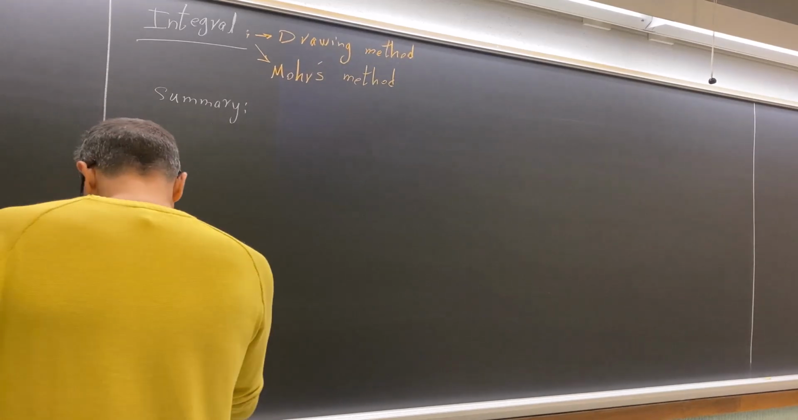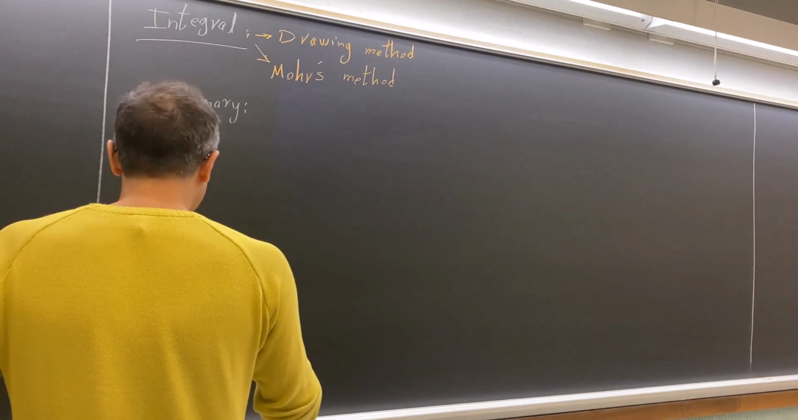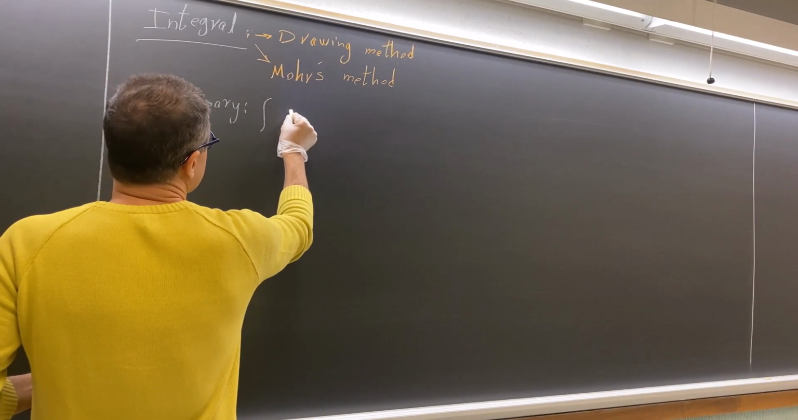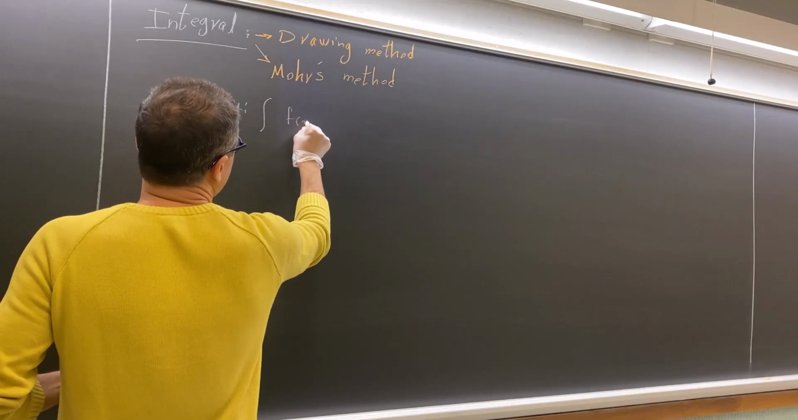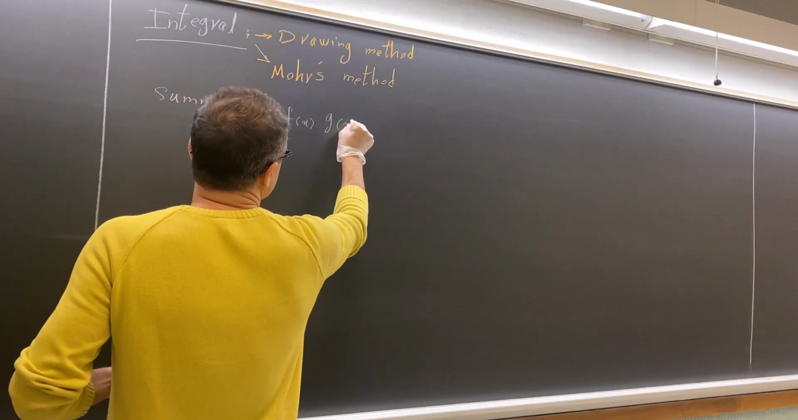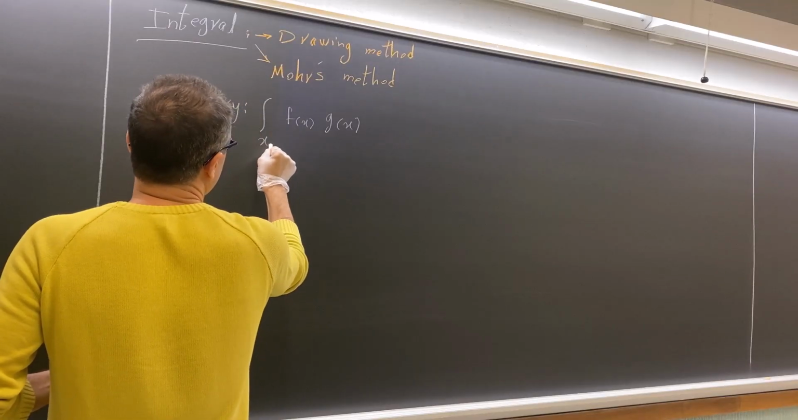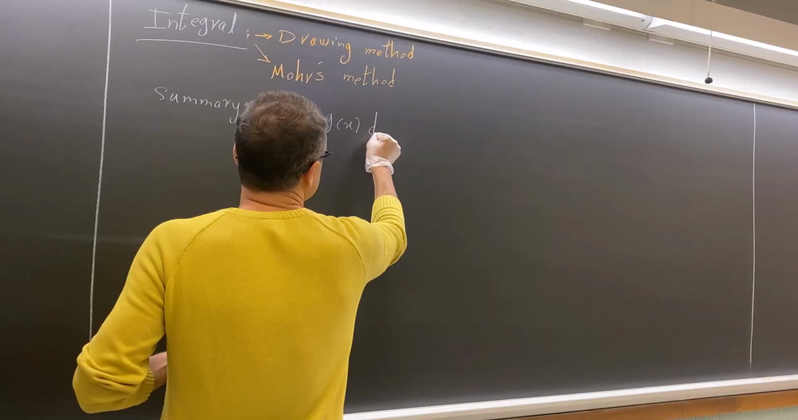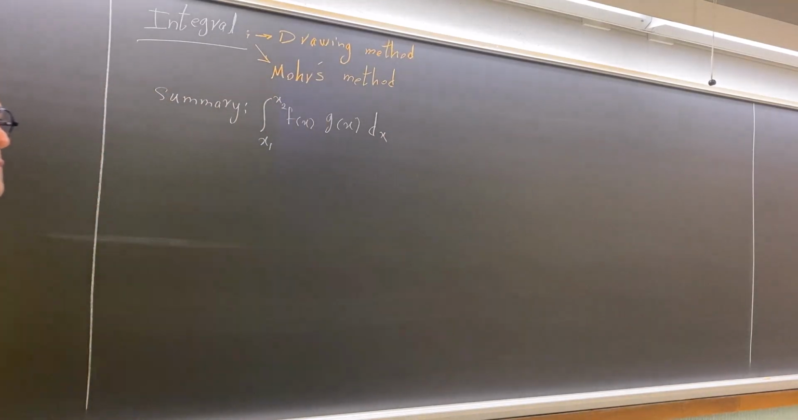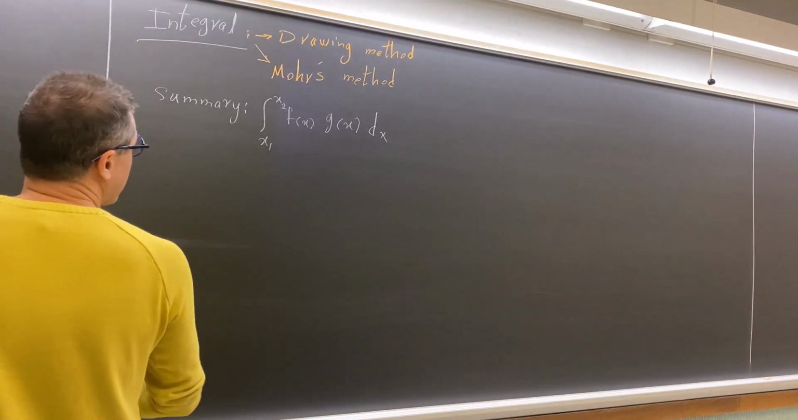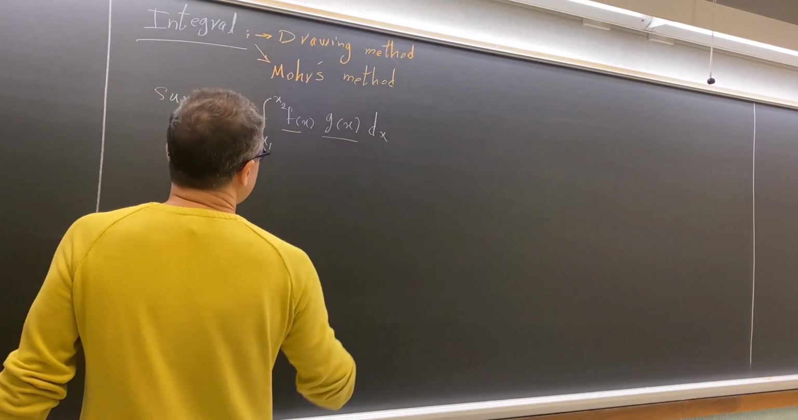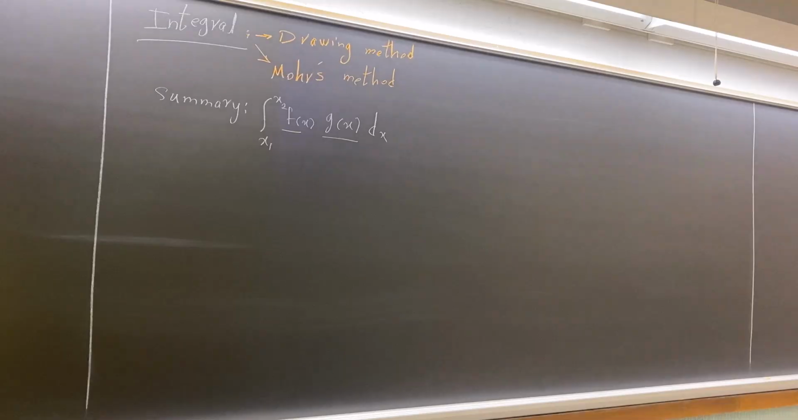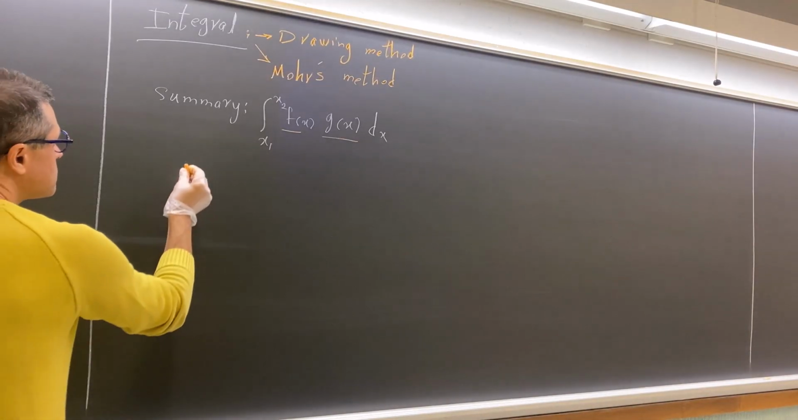We are going to evaluate an integral which is the multiplication of two functions, f(x) and g(x), from lower limit x1 to upper limit x2. So this is our target. So we have two functions, one of them is f(x), the other one is g(x), and we are going to integrate it. There is a condition